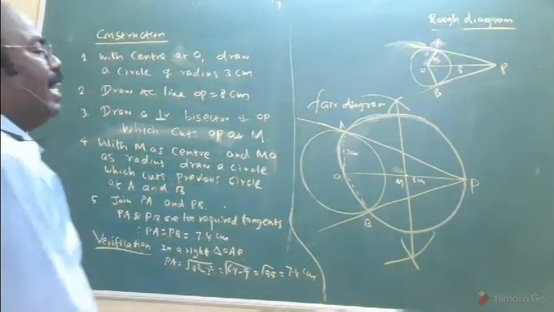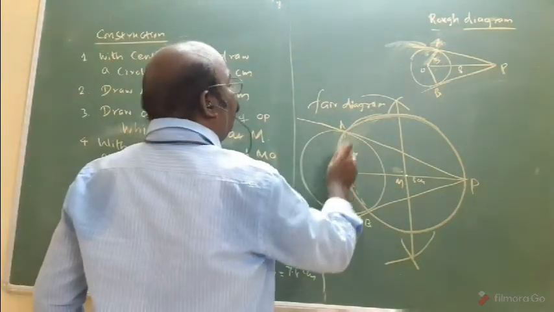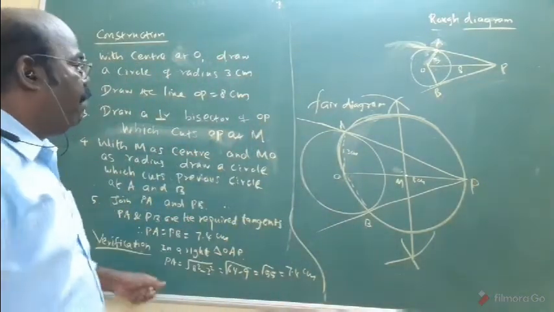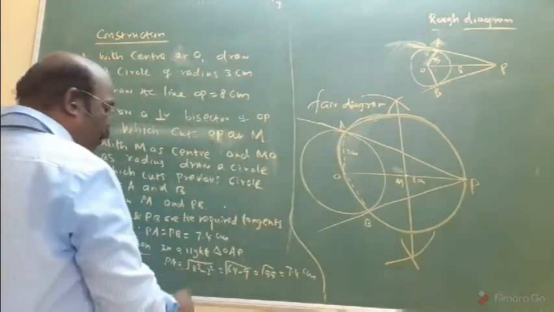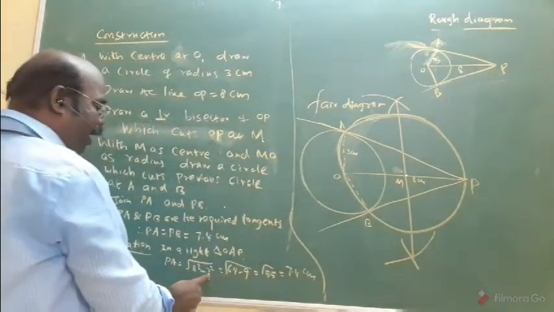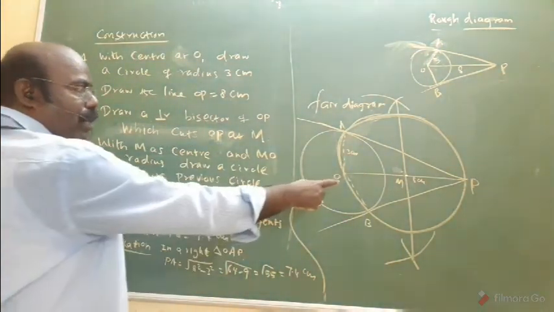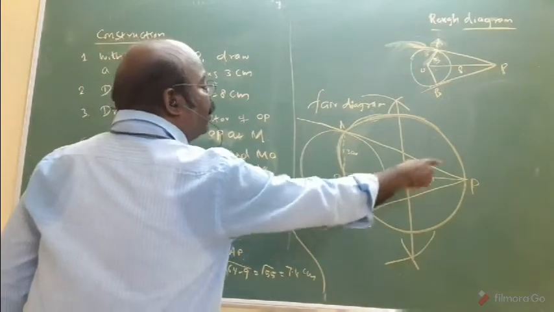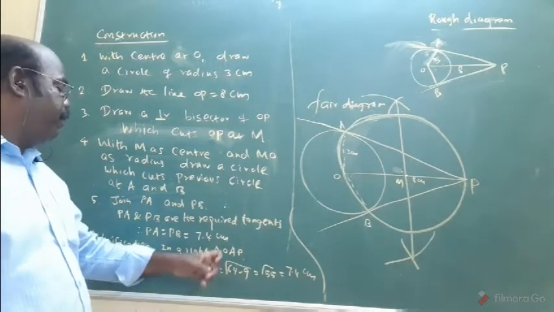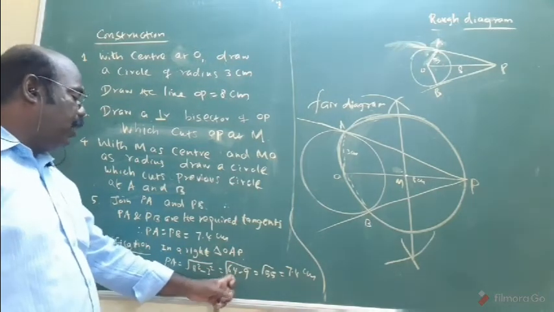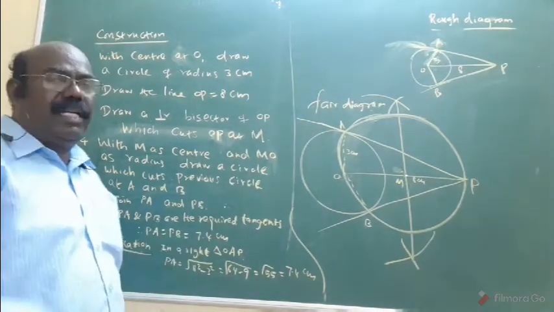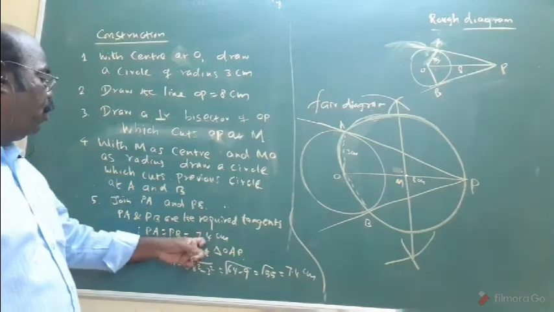And verification: this is actually a right angle triangle. OAP is a right angle triangle. In the right triangle OAP, we need PA. PA equal to, by using the Pythagoras theorem, root of the bigger number 8 square minus the small number 3 square. Actually, this is 90 degrees, the opposite side is the hypotenuse. That's why always bigger number square minus small number square. Subtracting, 64 minus 9, 55. Root of 55, approximately by the long division method, 7.4 will definitely come. Therefore, both answers will be equal.